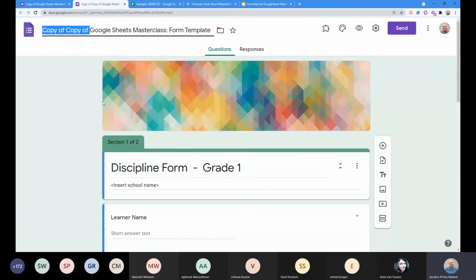And what we're doing in this instance is we're actually going to have a different Google form, one